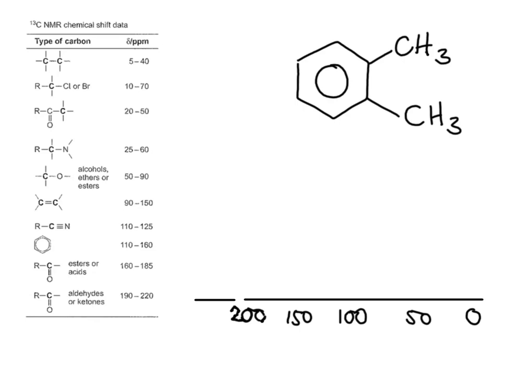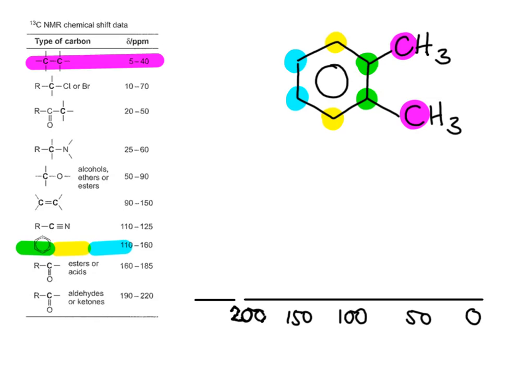So the methyl groups are clearly equivalent, as are those 2 carbons, and then those 2, and finally those 2. So now we've just got 4 peaks in our compound. 3 of them will be in the aromatic region, 2 down 5 to 40,